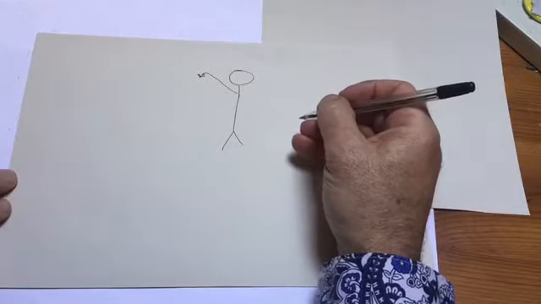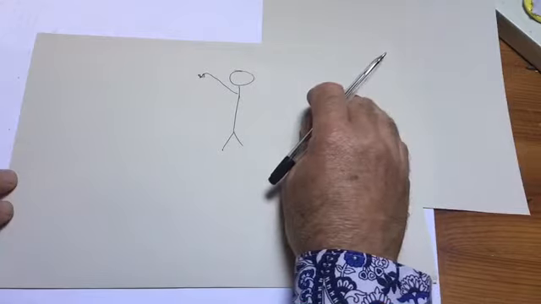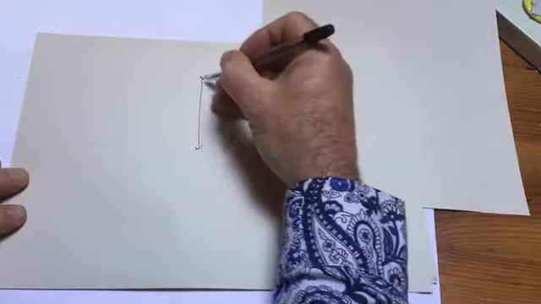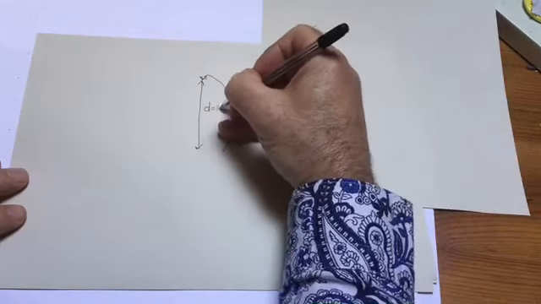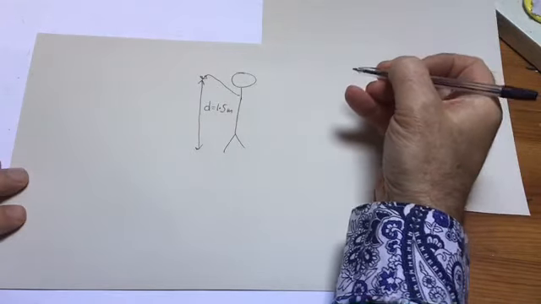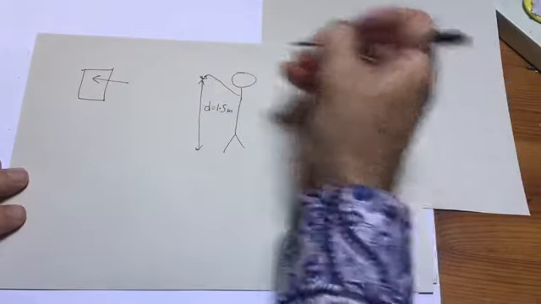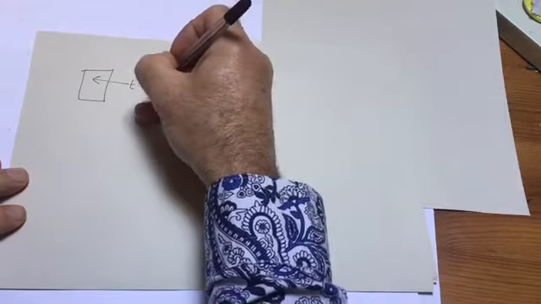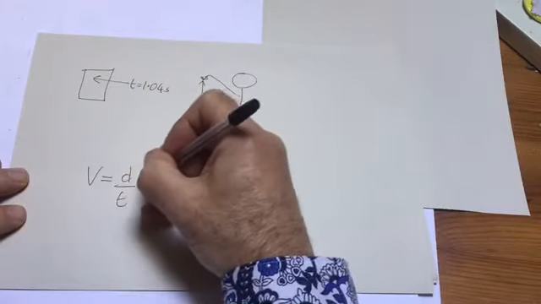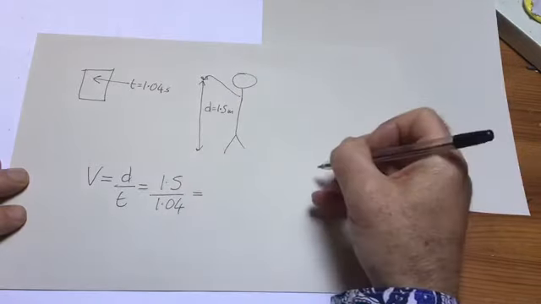And now we're going to look at the calculations involved. We're going to look at the two velocities and see if there's been any acceleration involved. Now, the first drop, where I dropped it from a height of 1.5 meters, that gives us our distance. And the time, which we recorded from the phone, was 1.04 seconds. So the velocity, which is distance divided by time, is 1.5 divided by 1.04, which works out to be